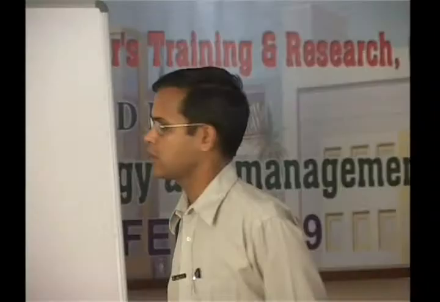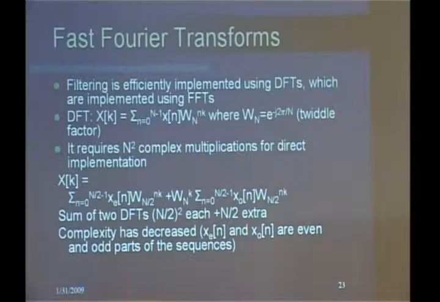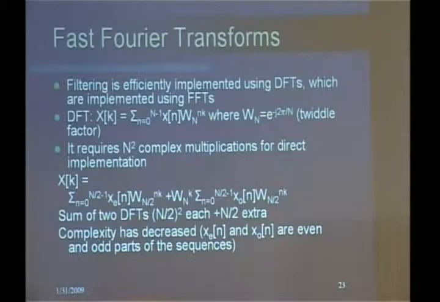This requires N squared complex multiplications, not so? Is that correct? To perform this for all values of k, n equal to 0 to N minus 1, you require N squared complex multiplications. The basic idea of the FFT is to try to exploit the fact that the computation is proportional to the square of the size. Because it is proportional to the square, if you can somehow split it into two parts, then the computation will become (N by 2) squared, which can be much smaller than N squared. And so what I have shown here is that I have separated the sequence into the even part and the odd part, which is one type of FFT,